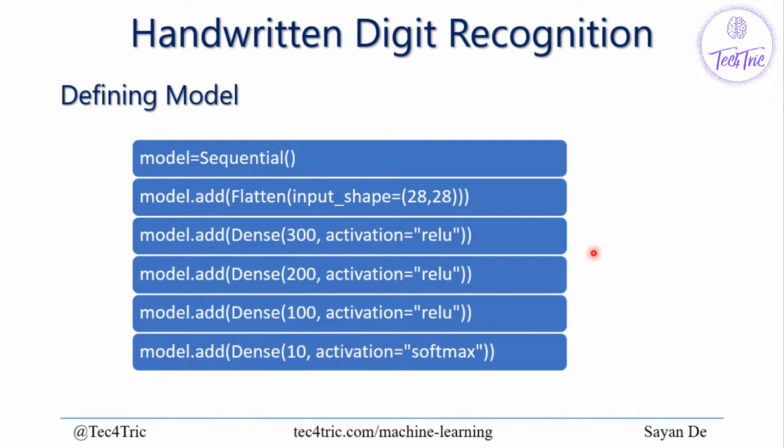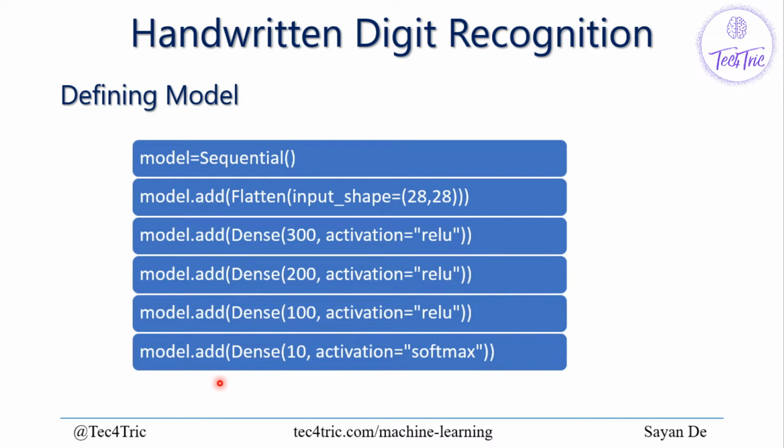Here, each neuron or each node is connected to the others. So the first layer has 300 neurons, the second layer has 200 neurons, and then 100 neurons. And we are specifying the activation function to be rectified linear unit, or ReLU. Basically, it tells us if the value is less than 0, make it 0. This way, we can actually neglect the negative values.